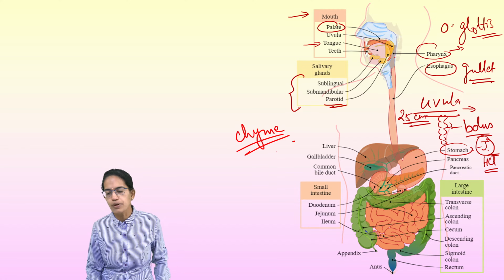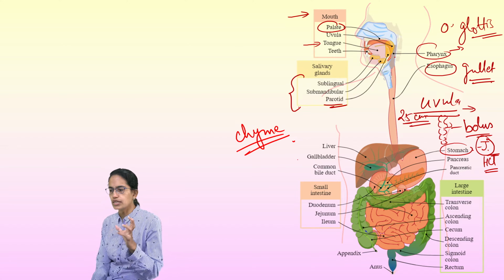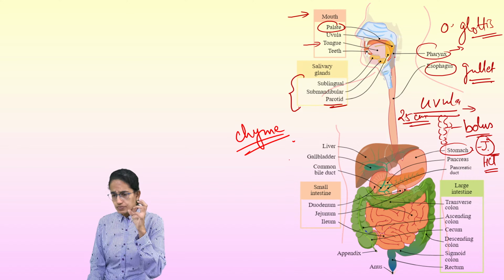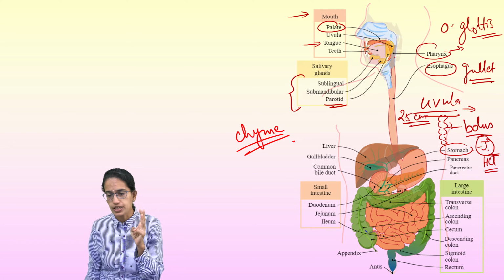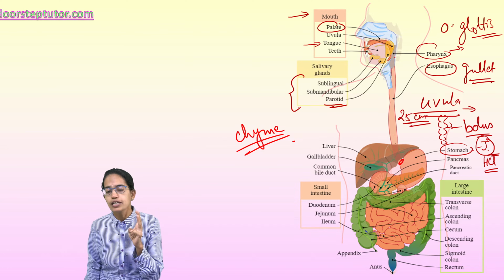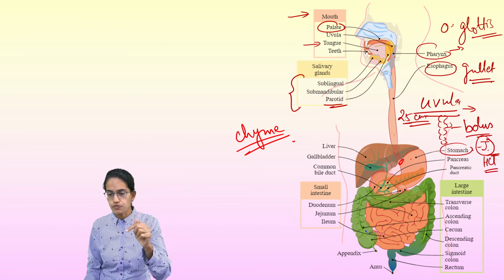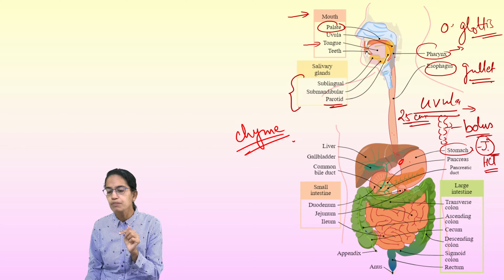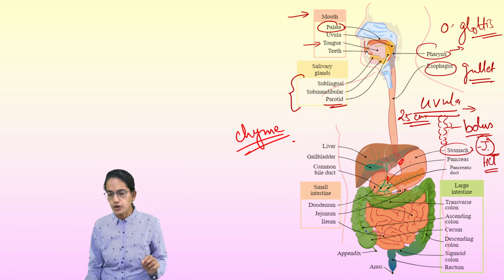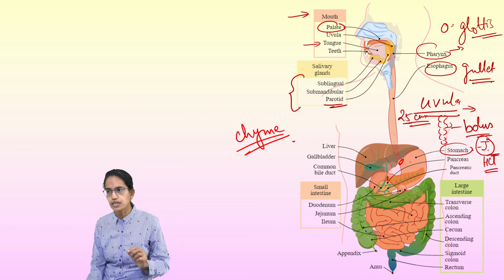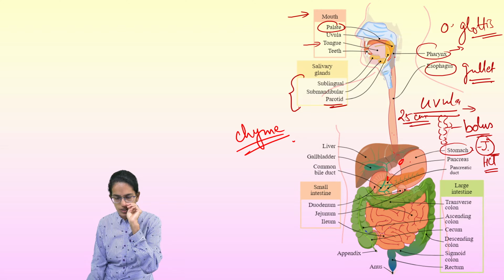In the stomach, the food which is churned is known as chyme, and there are two important sphincters which are present in the stomach. The sphincter which is present at the esophagus and the stomach is known as cardiac sphincter, that is at the opening of esophagus merging to the stomach. The next is stomach meeting the duodenum, and this is known as the pyloric sphincter. So two important sphincters, cardiac sphincter and the pyloric sphincter.